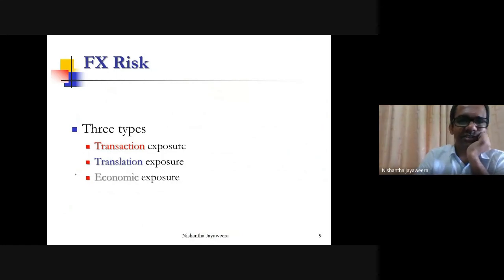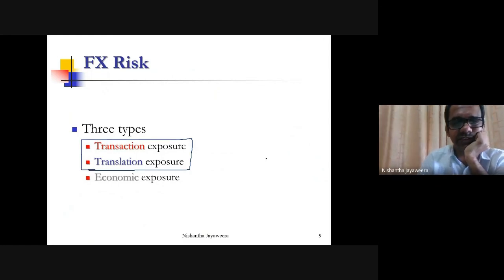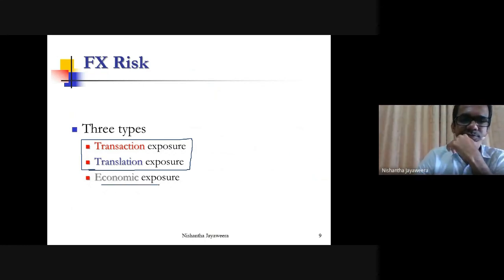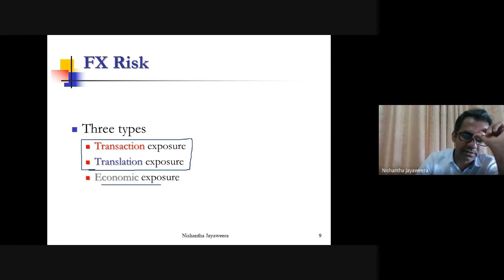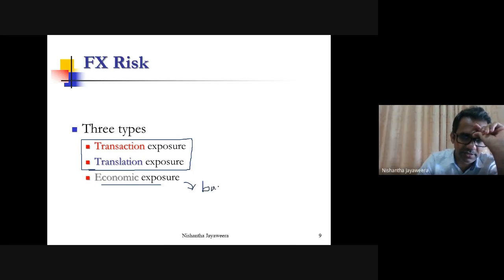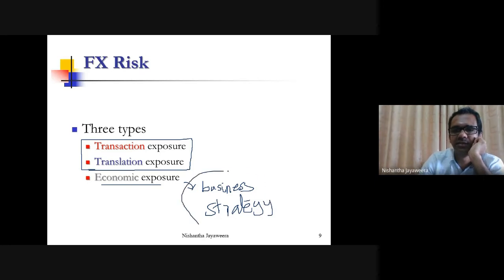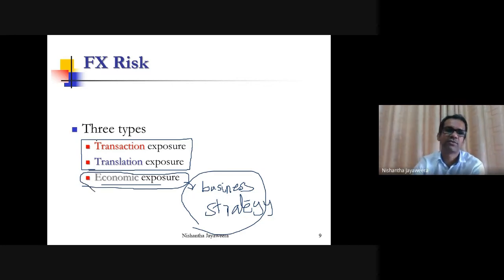Next week we'll mostly discuss how to mitigate the risk arising due to transaction exposures and translation exposures. Economic exposure cannot be handled purely through financial market transactions. It is mostly a business and strategy issue. That's how you should handle this. So therefore, I'm not going to discuss how to mitigate your economic exposure, but mainly we'll focus on